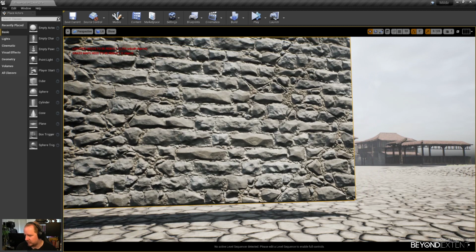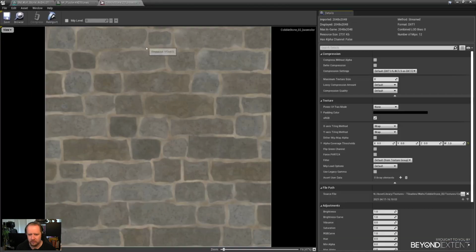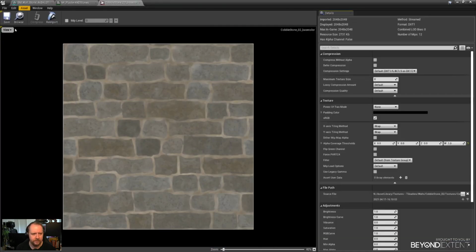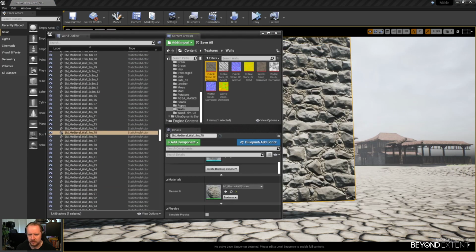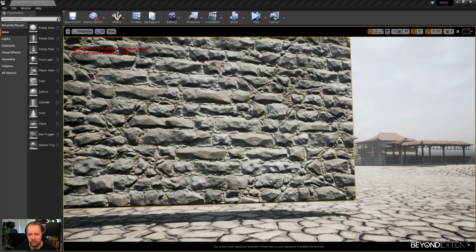Let me just double check that. Oh, I think they might both be Substance Designer. It's been so long. Yeah, they're both Substance Designer. Cool.